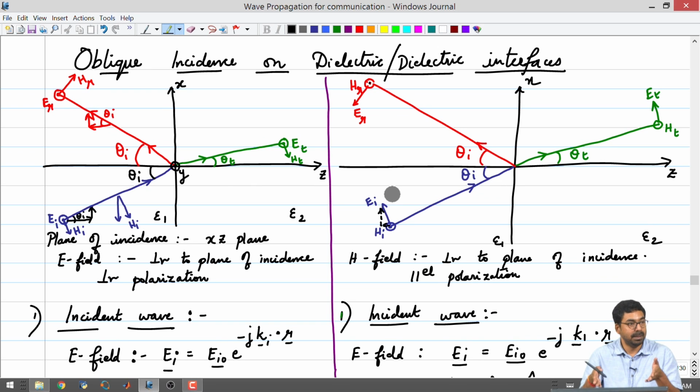For normal incidence, the reflection coefficient is eta 2 minus eta 1 by eta 2 plus eta 1, okay. Now, suppose you have your setup in such a way that you have managed to flip the direction of electric field while doing the analysis, then you will end up with a minus sign, okay. So, this is some tiny thing that you will have to keep in mind. If you directly substitute, you may get a difference of one minus 1 sign between the two reflection coefficients. So, you have to be a little careful in interpreting that, okay.